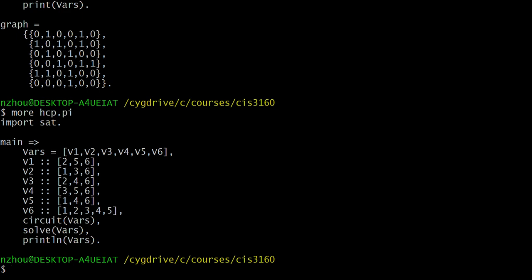Basically, for each vertex we have a variable. This is like an adjacency list representation of a graph. So v1 means that from vertex 1 there is an edge: 1-2 is an edge, 1-5 is an edge, 1-6 is an edge. So these are the domain variables